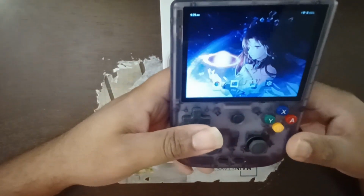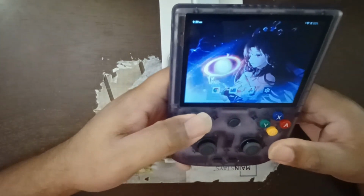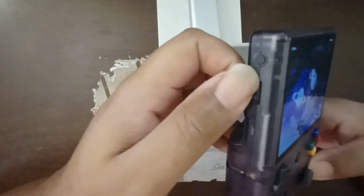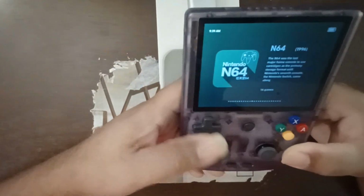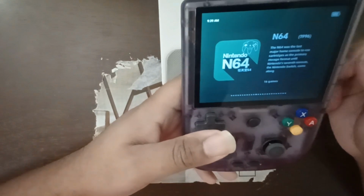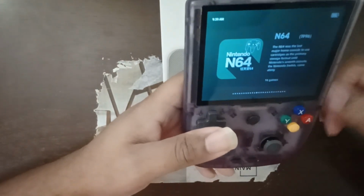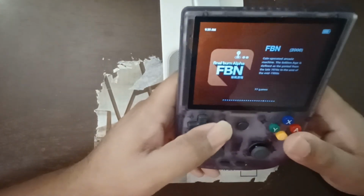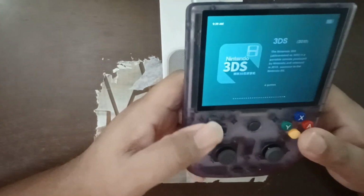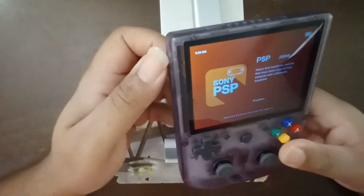Now, for people that don't understand how to play it straight away, you won't have to do too much. You can come over to this button on the side here. It's going to launch the Anbernic front end, and it's going to ask if you want to reconfigure with the SD card inside. Reconfigure it, and it's already set up where you can just play your game straight out without having to set anything up, because there are already games included on the SD card if you purchase the SD card